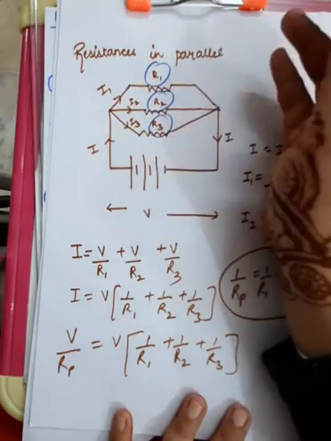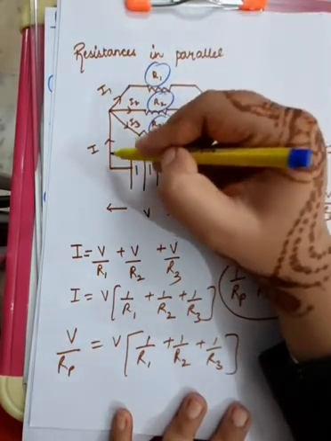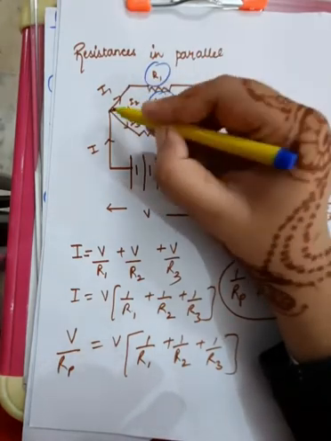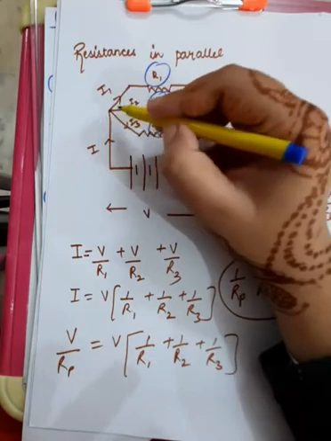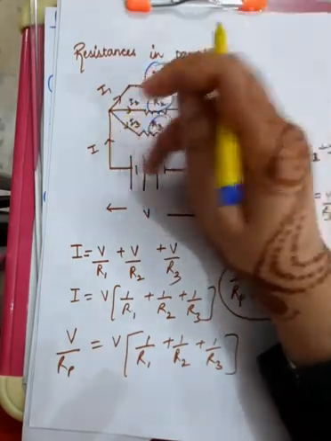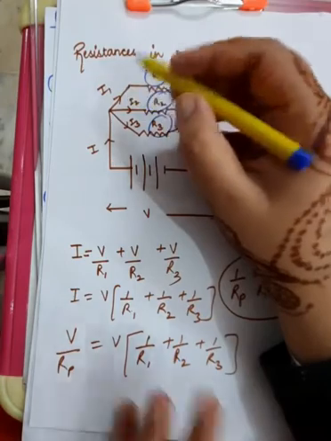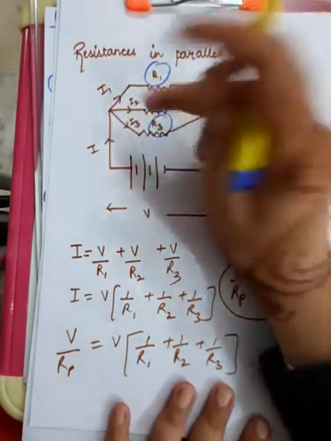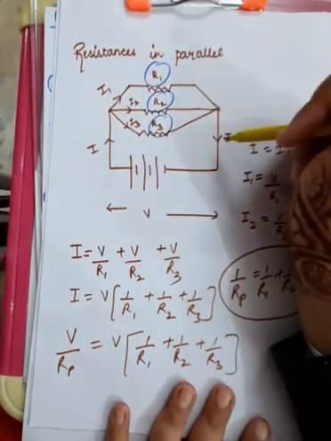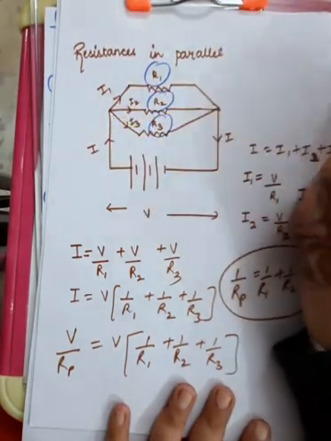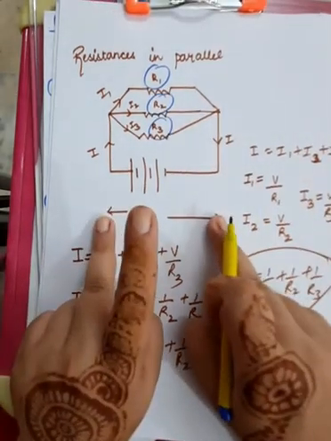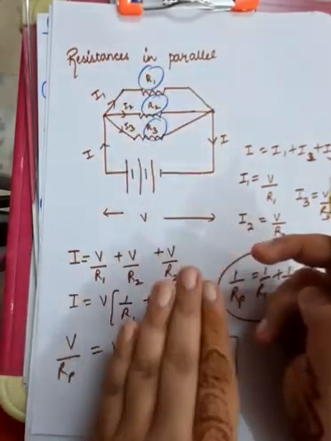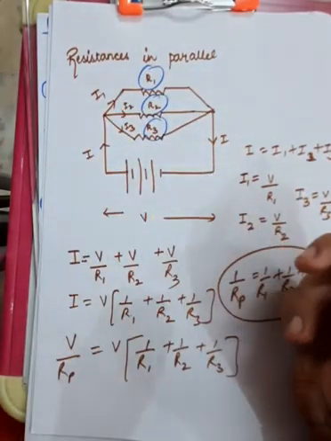Now the current starts flowing, and when the charges start flowing, they'll distribute themselves. Like few charges will enter the first wire depending upon its resistance, few others the second wire, and few others the third wire. So what is the current flowing along all these three wires? I1, I2, I3. But they'll reunite back to give you I, because charge can neither be created nor be destroyed. And what is the potential difference across the ends of these resistors? V. So all the resistors are facing the same potential difference, right?